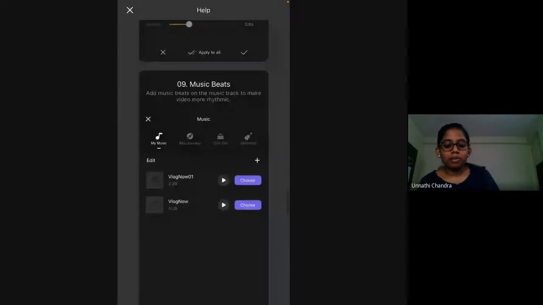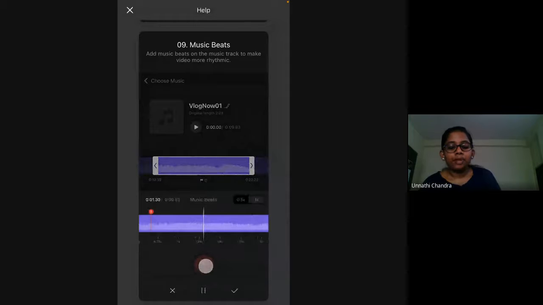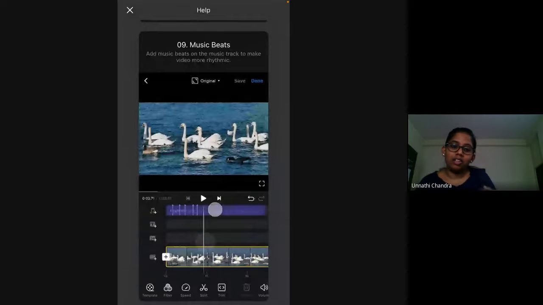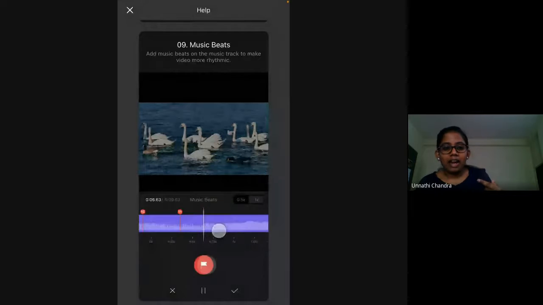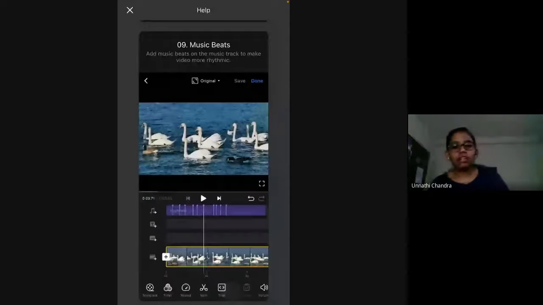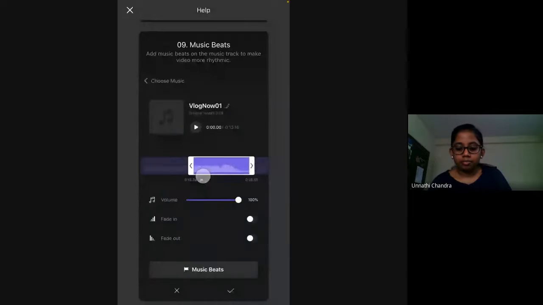So you can select a music, and you have this option for music beats, as you can see. When you click on it, the music is played for you, and through the music there are beats, right? You can flag every beat, and when it's flagged, you can select that particular point, and maybe insert another video or another photo there and use it.